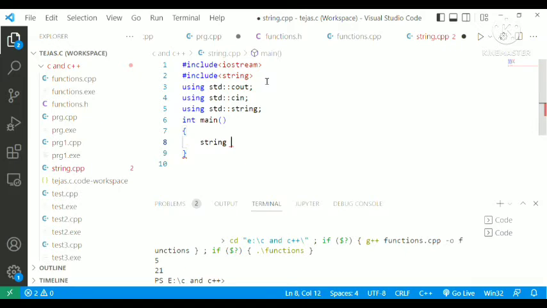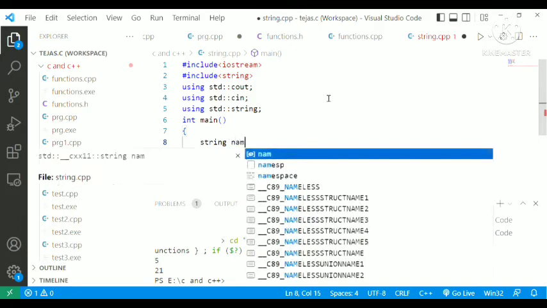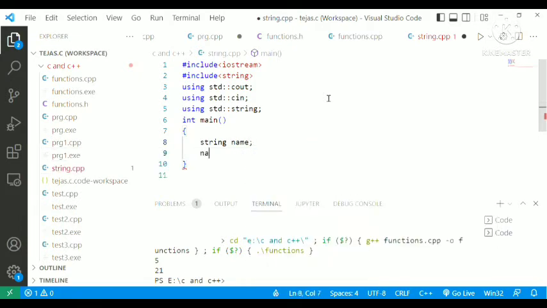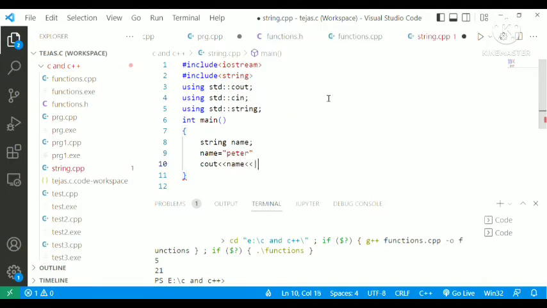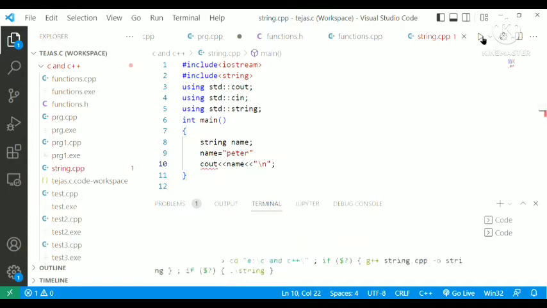No, wait a second, I have to declare a variable. Now string is a data type, so let me declare a variable as name, and now name is equal to, suppose, Peter. Now when I type cout and type your name, and save it, and when I run it,